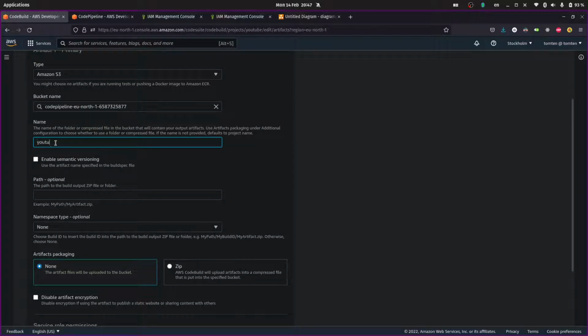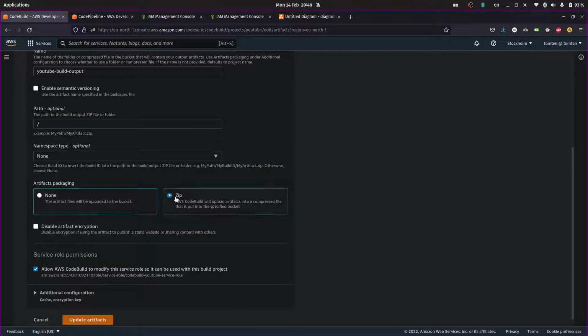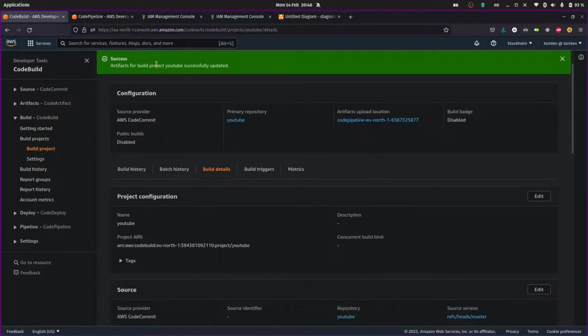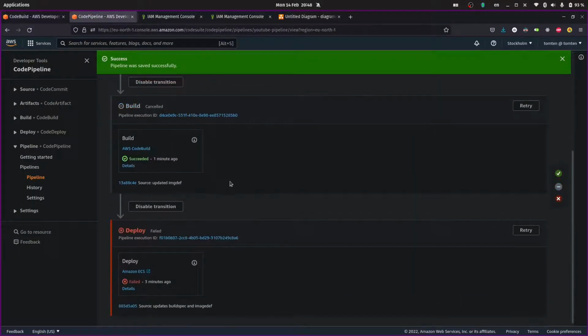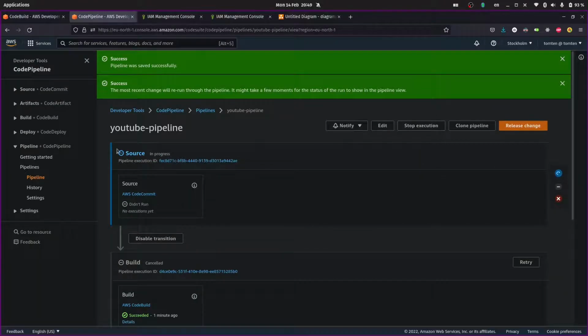Actually, it's gonna call it YouTube build output. Let me think now. I think with this slash. Yes, it's just slash. And it's gonna be saved as a zip file. So make sure that is checked in, and update artifacts. We also need to, we actually could just redo this whole thing